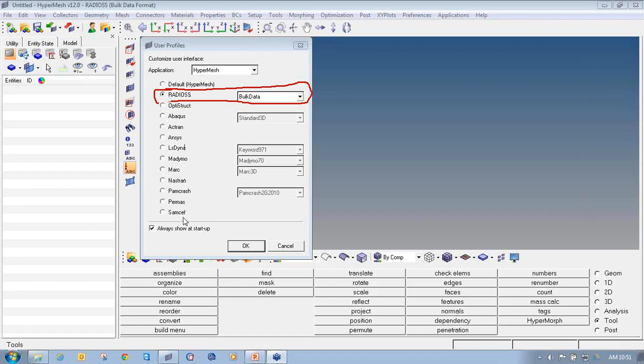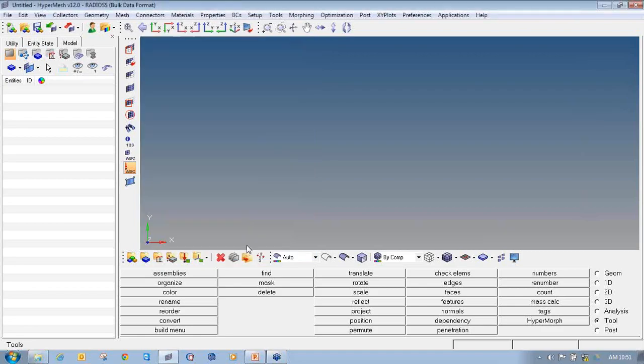These are the different solvers that you can create in HyperMesh. As I'm going to use Radioss bulk data as the solver for my static analysis, that's why I've selected Radioss bulk data, and then click on OK to load this Radioss bulk data format user profile.